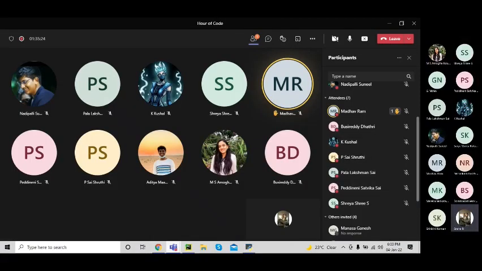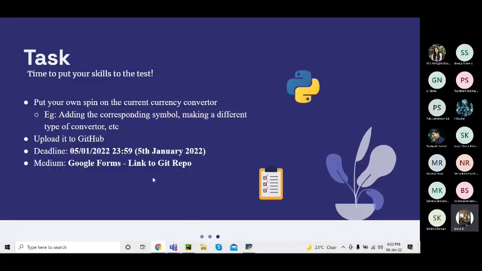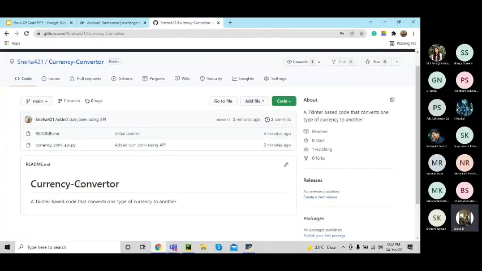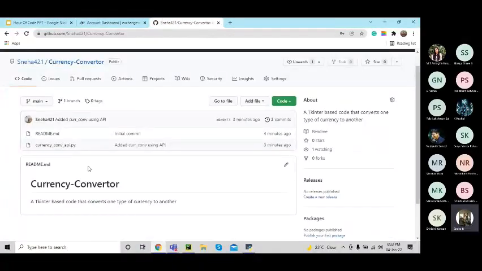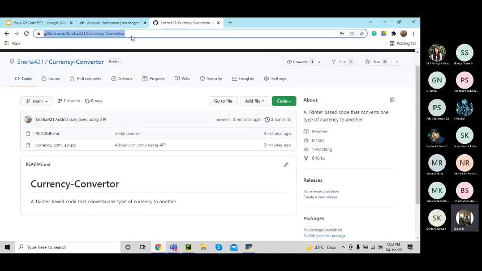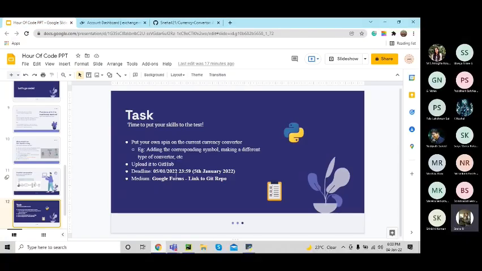So for this, you would have already made a repository, right? So I'm sorry. Yeah, we've already made this repository. So this repository itself, basically whatever you've added a spin to, you can add that here. And this GitHub link, this link to your repository is something that you must paste in a